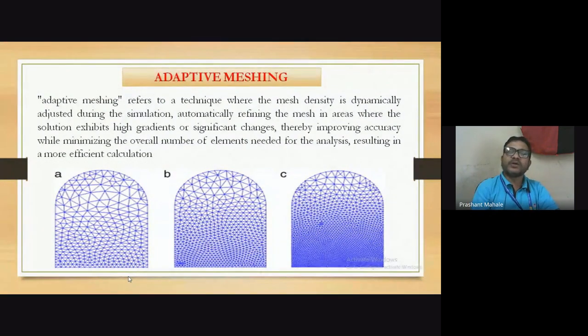It may be possible for us or for you in future days, or maybe the ANSYS or software inventors must be working on that, to include the AI, artificial intelligence, to achieve this automatically with the help of those AI generated tools. And actually what we are doing is we are making our job lesser and lesser. We just want to sit and see. We don't want to do anything,